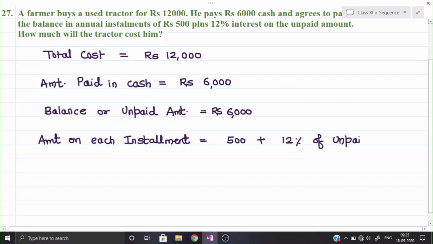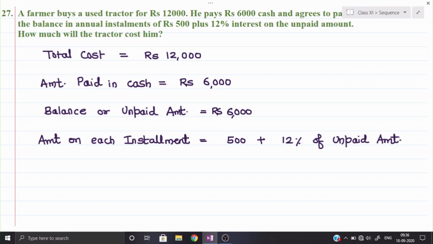Okay, now see, if we include the amount of balance one, then the question will become little difficult. So what shall we do to make this question little simple? Because the last line whatever I written, if I follow that statement accordingly, means if I find out the installment of each and every amount, then it will become little difficult for us. So what shall we do? We shall keep the principal value in this question separate, and we shall find out the interest separately. Then the principal value and the interest we shall add all together at the last, and then we can say that yes, this is the total amount he is going to pay.